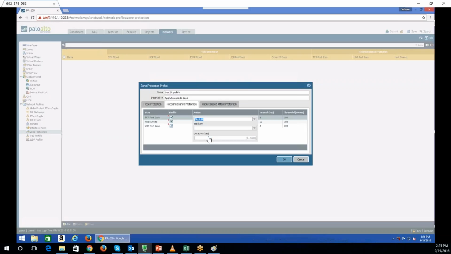Suppose we select block IP, so track by, so what is the track here? We can select source, or source and destination if you want to track on both sides. So we can select that here. And after this, we have the option called duration. Here we have the duration in seconds, 1 to 3,600 seconds. Suppose we type here